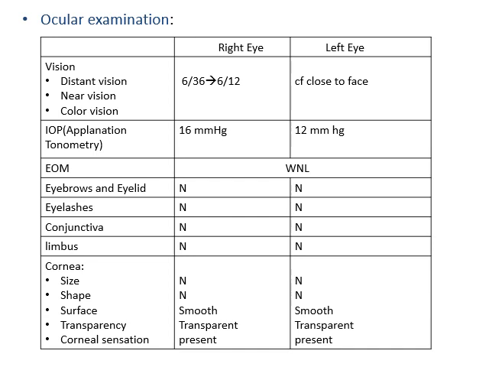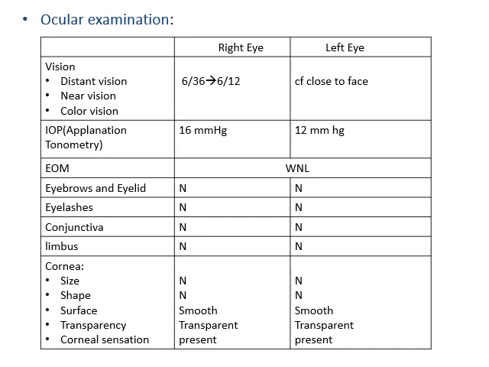Extraocular movement, we have to see extraocular movement in all 9 directions of gaze. For our patient, it is normal in both the eyes. Now, eyebrows and eyelids, it is normal in both the eyes for our patient. In eyebrows, there can be loss of hair in the lateral part of the eyebrows, which occurs in madarosis. In eyelid, the pathologies you can come across are stye or external hordeolum. There can be thickening of the eyelid margins, and upon pressing it, some cheesy toothpaste-like material comes out.